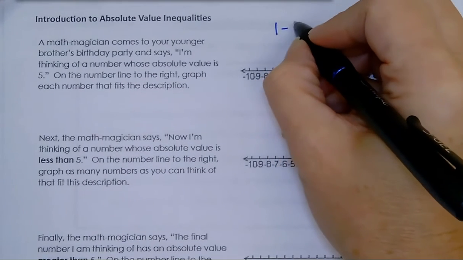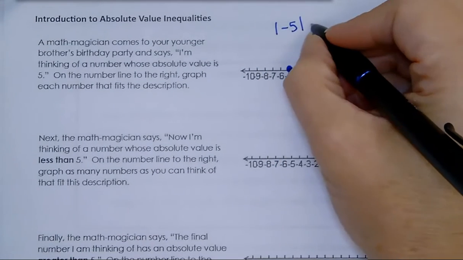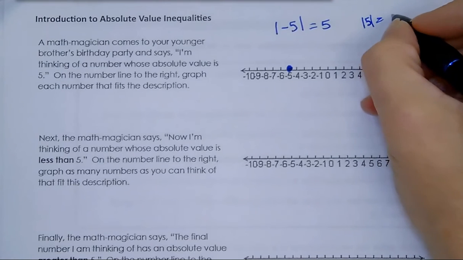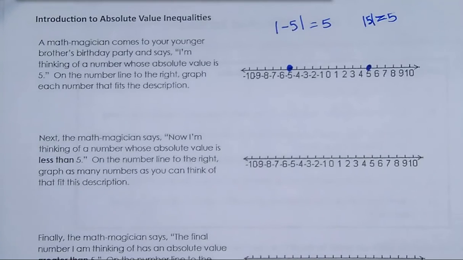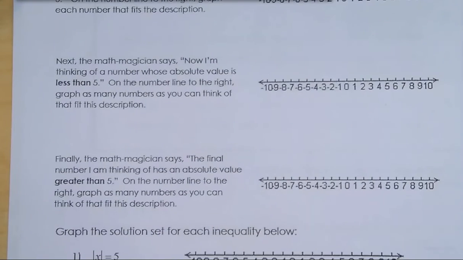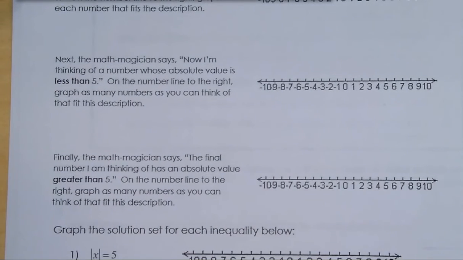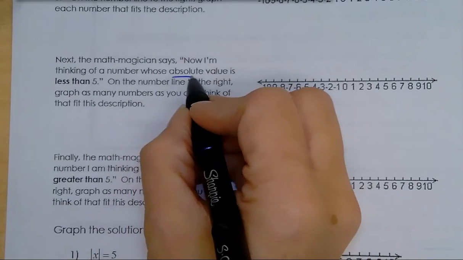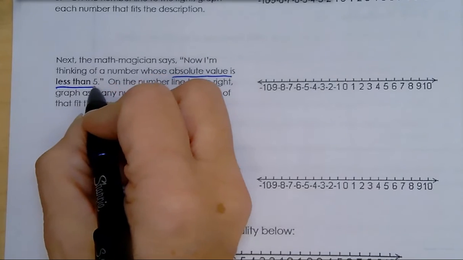The absolute value of -5 equals 5. And of course, the absolute value of 5 equals 5. So those two things are true. Now that math magician says, "I'm thinking of a number whose absolute value is less than 5." So here's where we make this an inequality statement. Okay, so the first thing I'm going to think about,